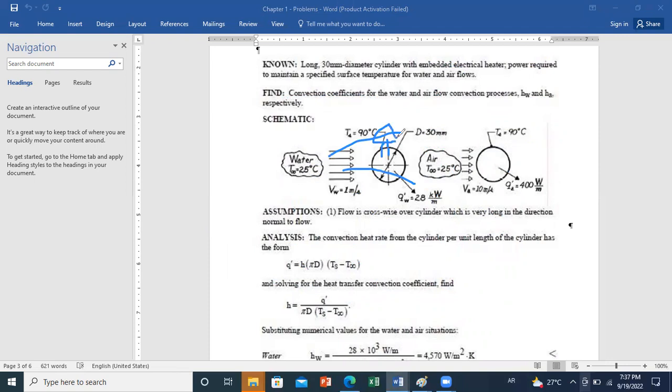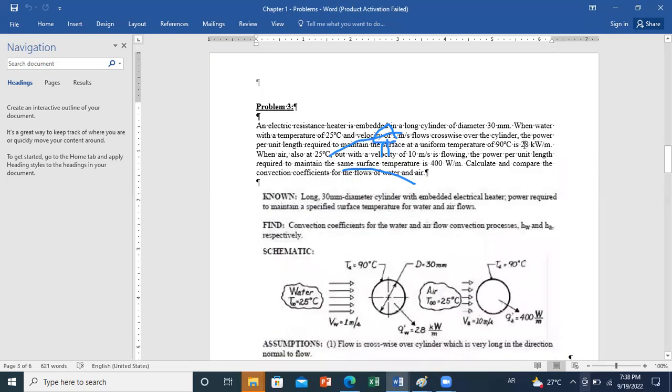It was found that this heat loss is 28 kilowatt per meter, and this heat will be propagated through water here, and through air here, by convection, because your cylinder will lose the generated heat to water or air by convective effect. To maintain a certain constant temperature here, you need steady state conditions. So the generated flux should be equal to the heat by